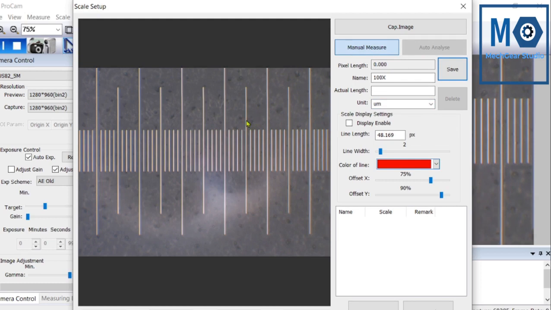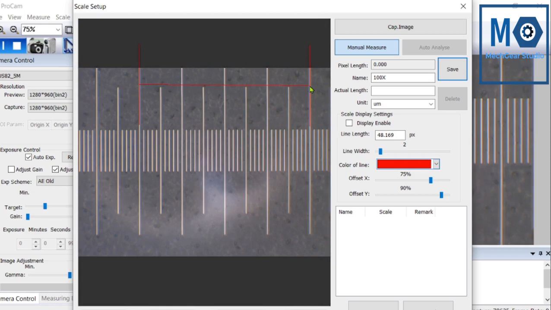So μm selected. Select manual measurement and pick up any division on the image. Click on division and continue, and drag this line up to next division.